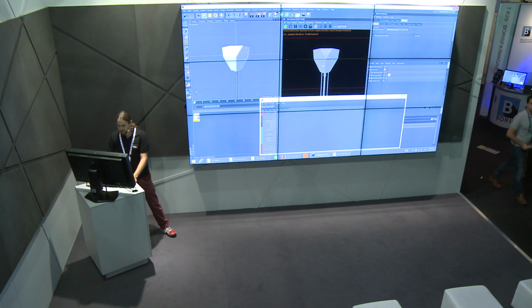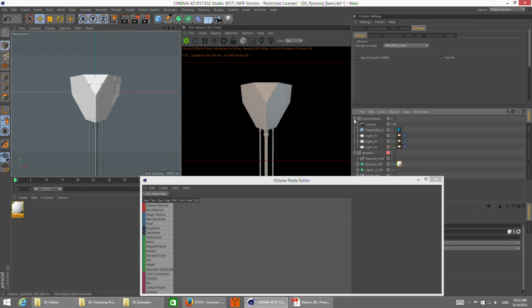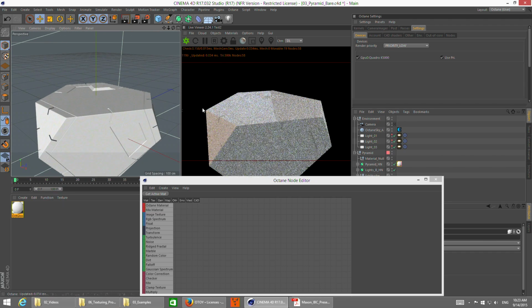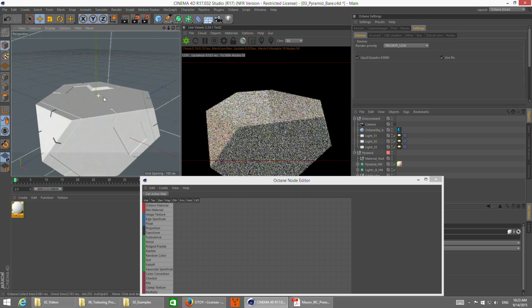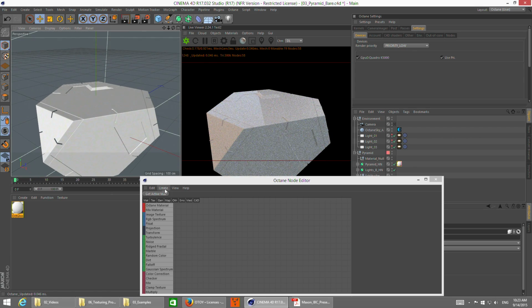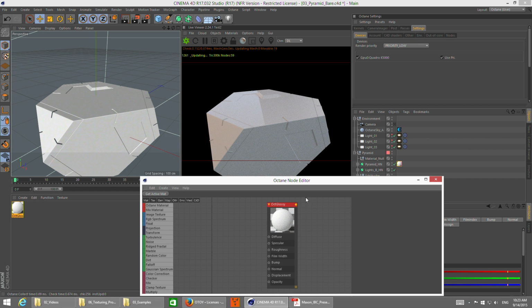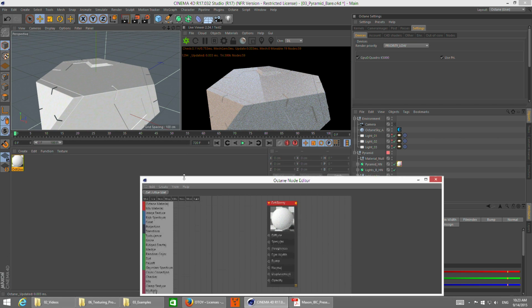Here we go. And that should be reflected in the live viewer straight away. So let me jump out of my camera, and you can see here that I get the reflection on my pyramid. So if I move my camera, you can see the reflection moving. Now I want to get it in my Octane node editor, so I click Get Active Material, and I get the active material. So what I can do in here,